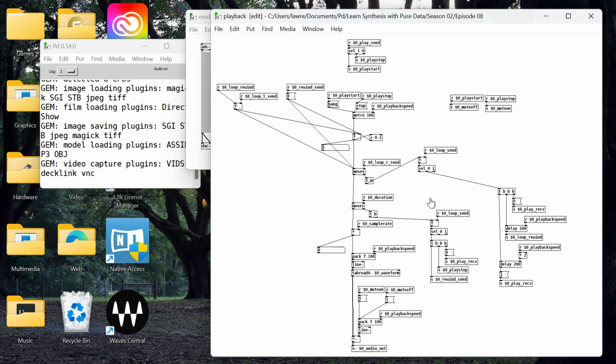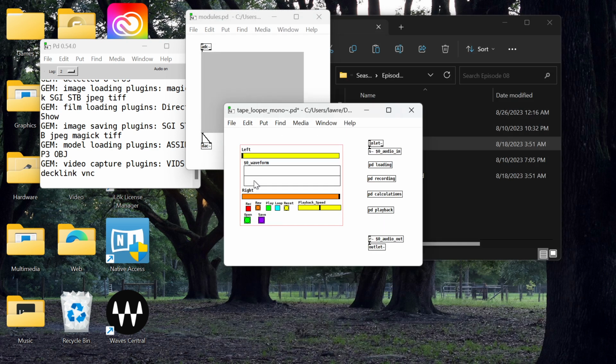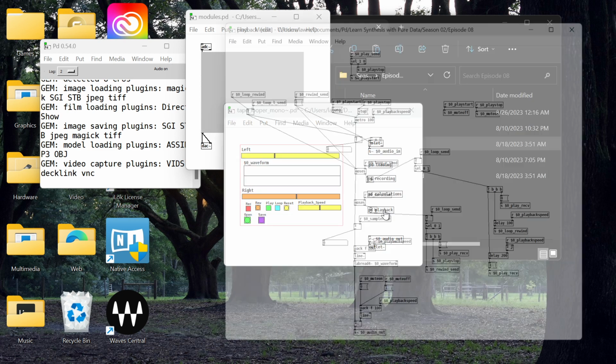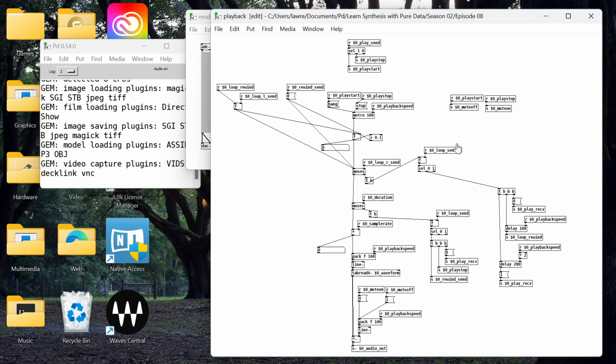Now, I've been thinking about the way this thing functions and if there's any way to streamline this a bit. Now that we have an endpoint slider for looping, I was thinking, do we really need duration? But yes, because you might want to be playing and looping between different regions you select. Maybe you select to just loop this part here in some audio, and then turn off the loop function and let it play to the end. You might want to do that. So that is still good to have. But I was thinking there was a more efficient way of doing it,